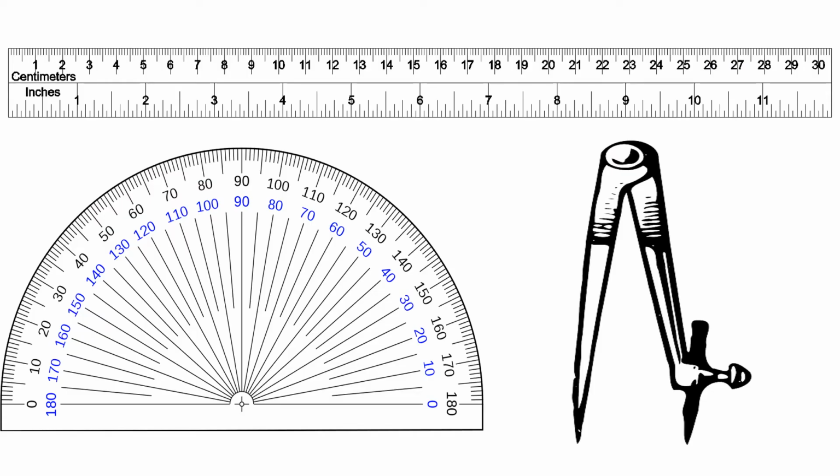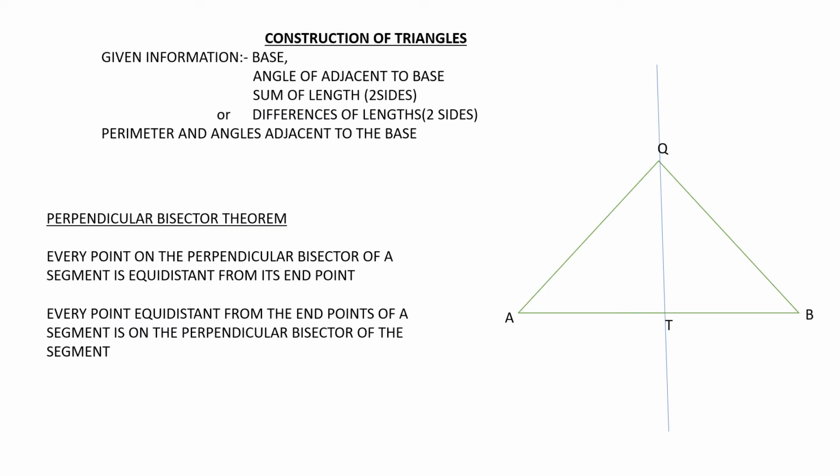Now, for constructing a triangle, what we need is pencil, rubber, obviously, and besides that, one scale, protractor, and a compass, right? Then in your book, on page number 51, it is given: construction of a triangle if the base, the angle adjacent to the base, and the sum of the lengths of the two remaining sides are given. I'll tell you what adjacent angle to the base means. Then how will you construct a triangle?